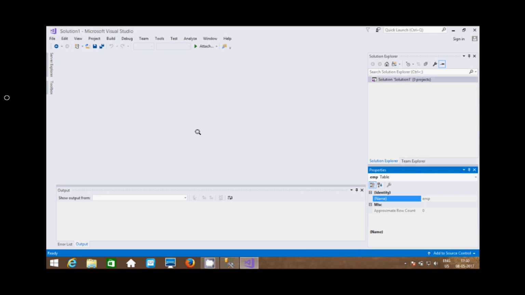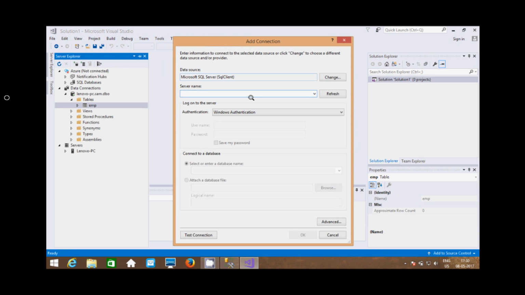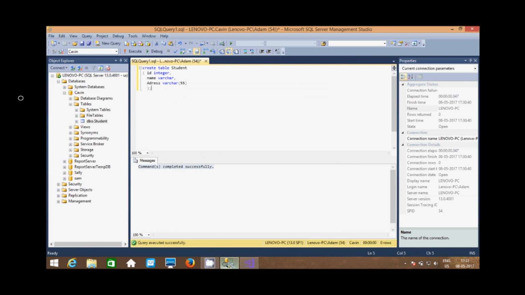Now go to Visual Studio. Next go to tools, then connect to database. Here, first check whether the server name is available or not. The server name is not available.